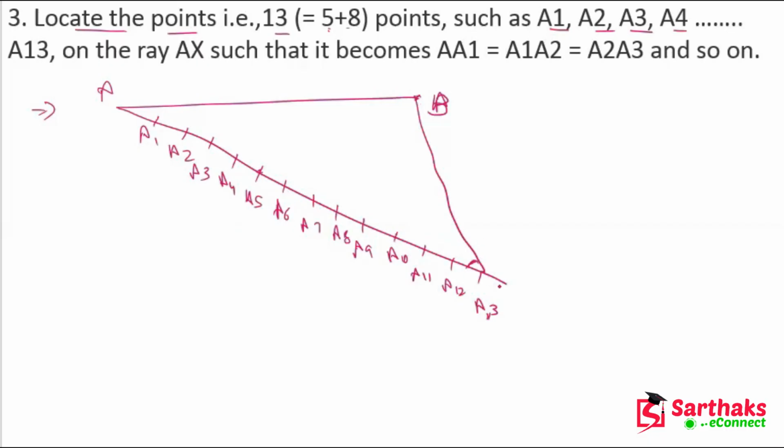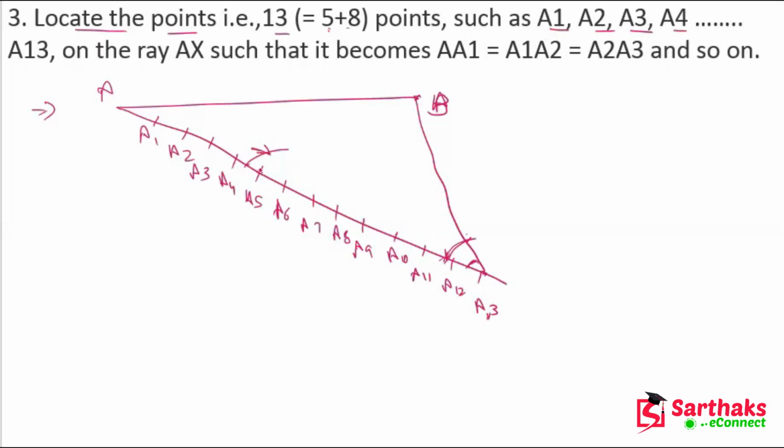So how can we draw it? With the help of the compass, we place the pointer of the compass here, take A13 as a suitable radius, and draw an arc like this. Similarly, from this point we draw an arc, and with the help of the compass we measure this angle. Now with the same radius, we cut at this point. It should be like this, like here.